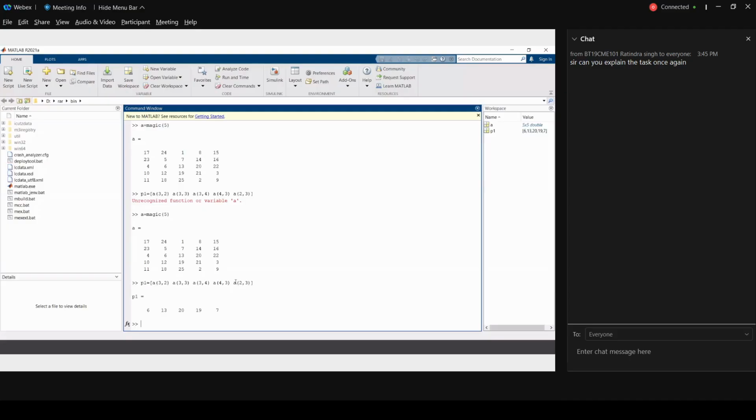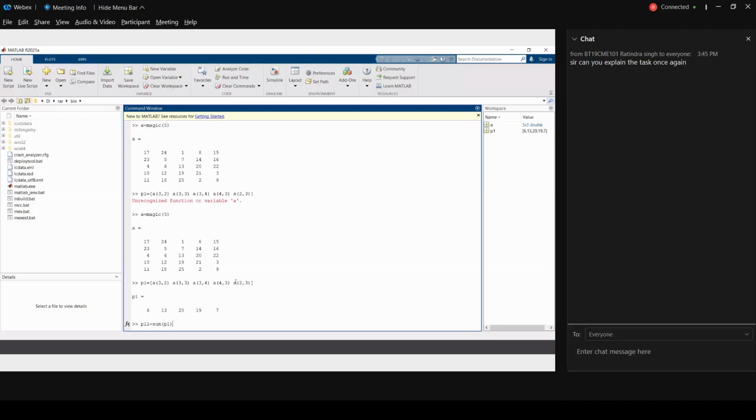Now that you have P1, find out P11, which is the addition of all these elements. P11 is equal to sum of P1. Sum means sum parenthesis P1.